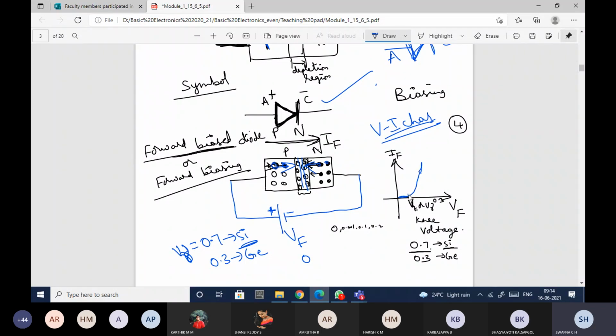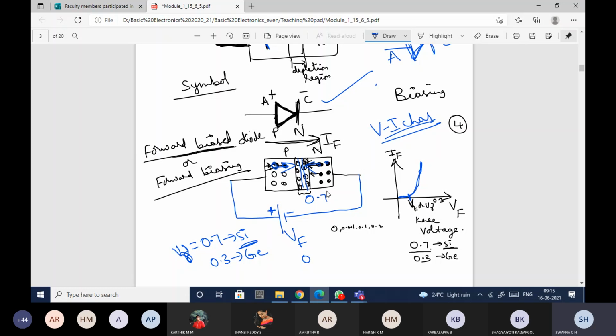This voltage is said to be the knee voltage. If you ask what the voltage drop across the device is, it will be 0.7, because until 0.7 there is a drop in the voltage. After that the current flows properly. So 0.7 is the voltage drop here, and after that the current will increase. There will be a free movement of electrons from the N side to the P side, so conduction happens easily, and that is the reason for the increase in current level.